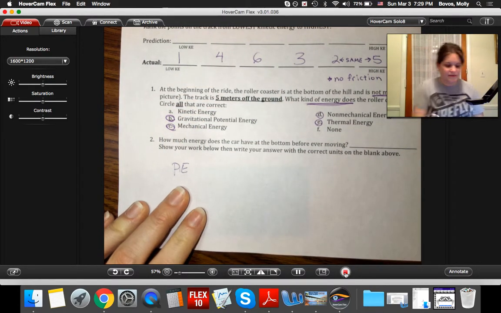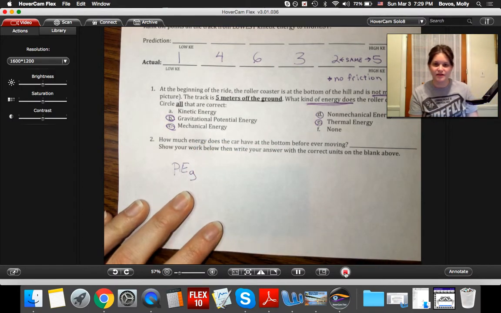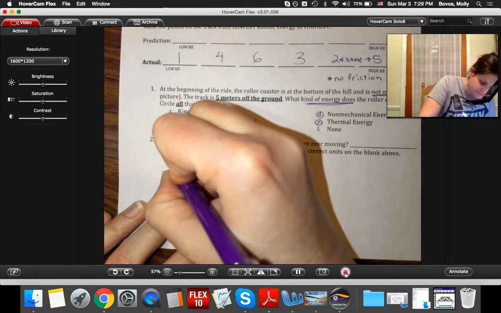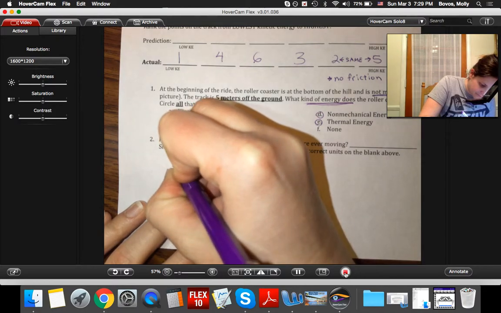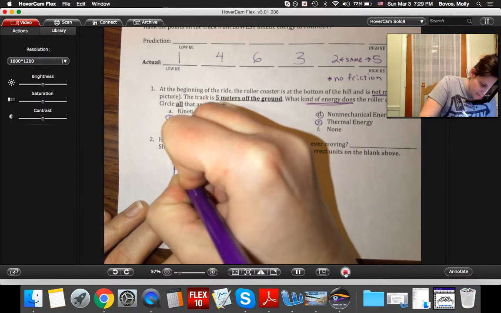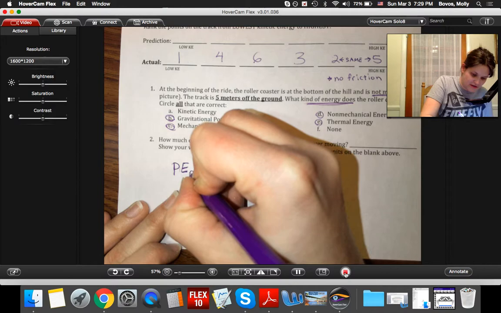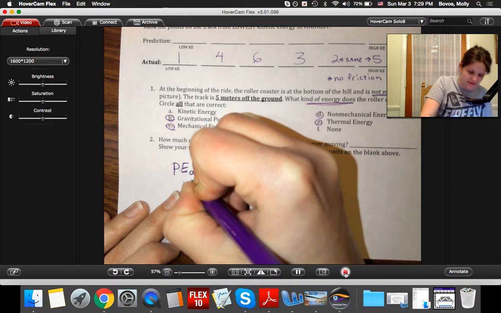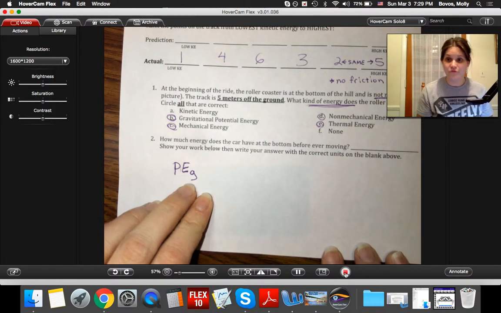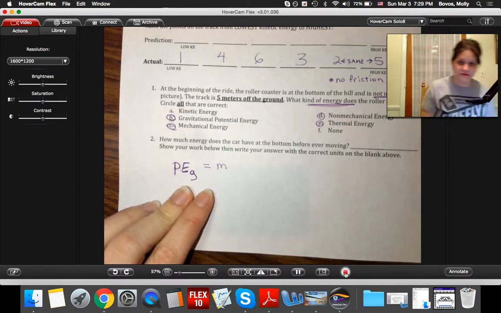And then I like to put a little subscript G next to it, kind of like when we would do F_G for our force due to gravity. This is potential energy due to gravity, technically, gravitational potential energy, so putting that little G there makes sense. Here's the formula. The formula is M, which stands for mass,